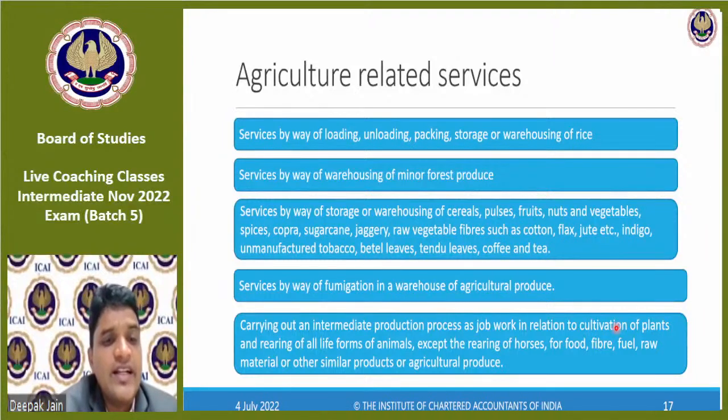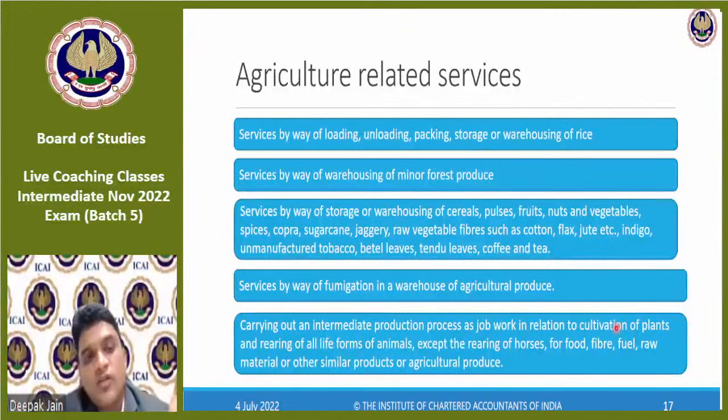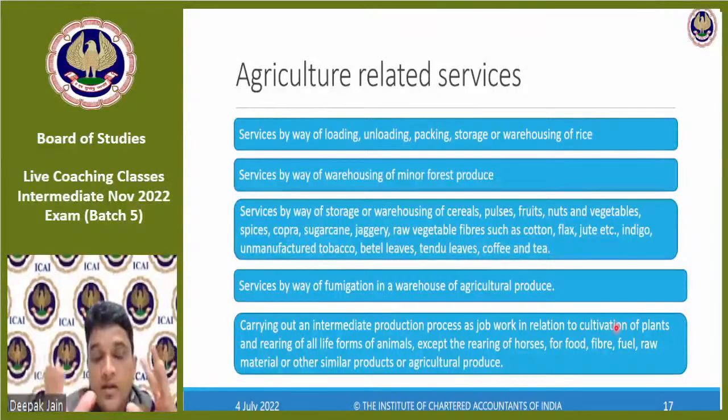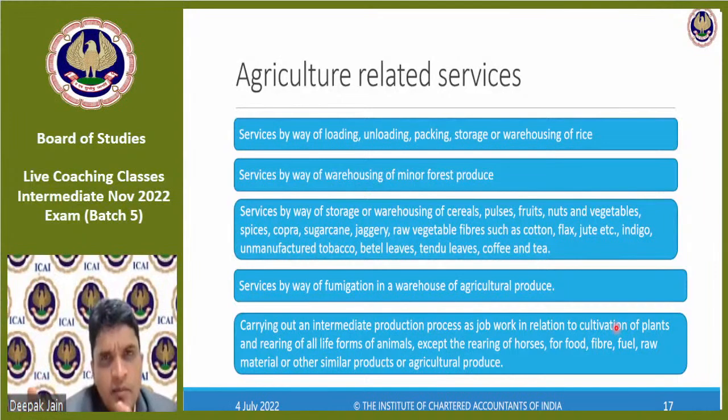Then carrying out an intermediate production process as job work in relation to cultivation of plants and rearing of all kinds of animals except the rearing of horses for food, fiber, fuel, raw materials and other similar products or agriculture produce. तो यहाँ पे क्या बोल रहे हैं, कैरिंग आउट एन इंटरमीडिएट प्रोडक्शन प्रोसेस, जैसे जॉब वर्क को अपॉइंट कर दिया, to remove the husk from the seeds, या कुछ जॉब वर्क दिया जाता है, सो स्पेशलाइज्ड काइंड ऑफ होता है कि आप नहीं कर सकते हो लेकिन जॉब वर्कर करता है, जैसे मिर्ची को कूटने का काम, ठीक है, या फिर बीज में से छिलके निकालने का काम, वो अलग एक बंदे को दिया जाता है, वो जॉब वर्क करके देता है,